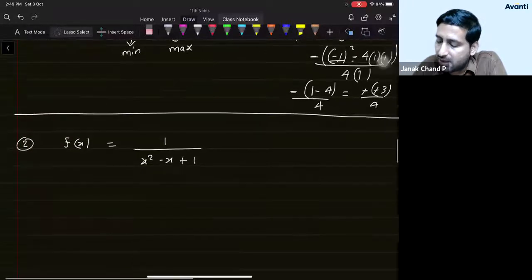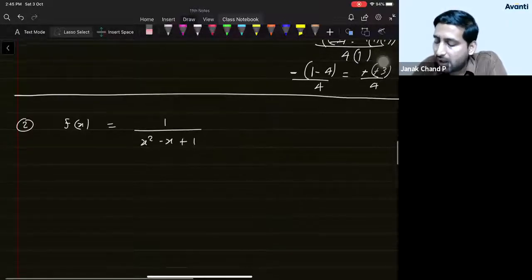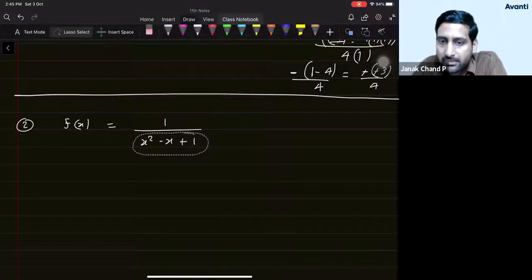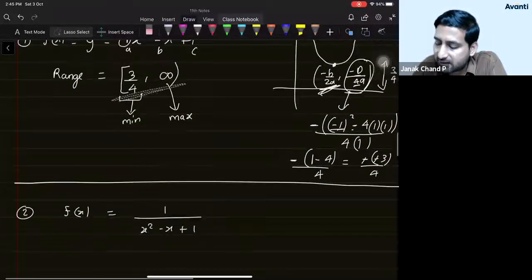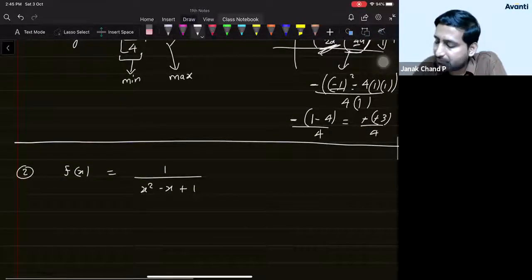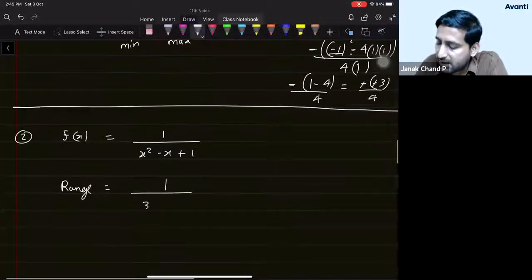Okay, fine. So what you should do in this case is, see, I'll first finish this. Now we already know that this particular thing will have a minimum and maximum value which is given by this. Let me just write this. What will I get? I will say the range will be 1 divided by, it starts from 3 by 4 and it goes up to infinity.